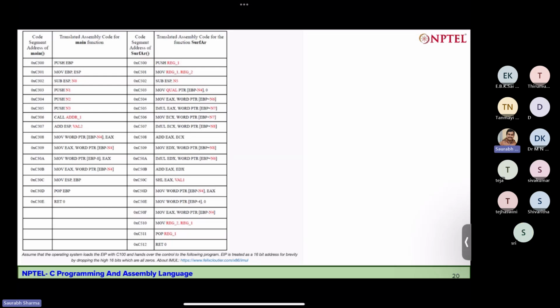Now coming to the surface area one, we actually did push register 1. So register 1 will actually take care of the first value. What value it will be, I will tell after this. And then we have moving the value from register 2 to register 1. After that, we have again this stack pointer subtraction with N5 that will actually create